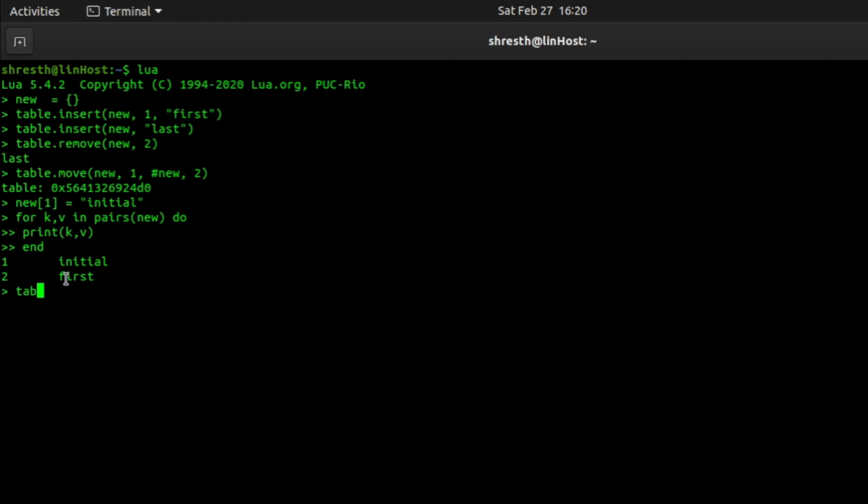Elements in this range to this index will be moved using this table.move function. One more important point about this table.move function is you can give one more argument to this function, which is the fifth argument. Let's say I create a new table, new one, and the first element I gave is super initial.